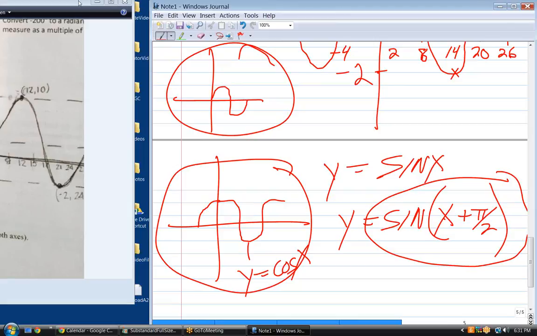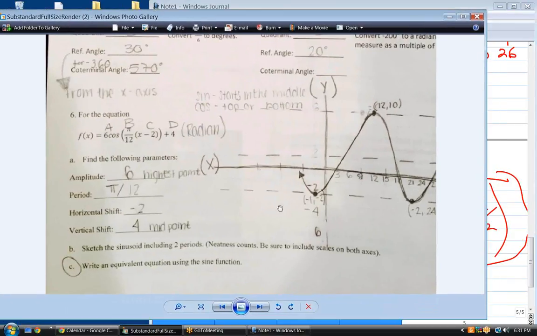So every one of these sinusoids can be expressed either way. And the rule is you usually use whichever one results in the least phase shift. Well, when they used cosine for this, they had a phase shift of 2. When we wrote it as sine, we had a phase shift of 4, right? So the correct way to write it is cosine. It's the smallest phase shift, the smaller of the 2 phase shifts. But either one is correct. It would be correct to say sine and then plus 4 instead of minus 2. All